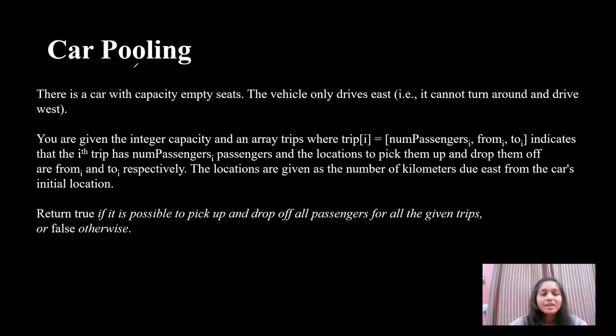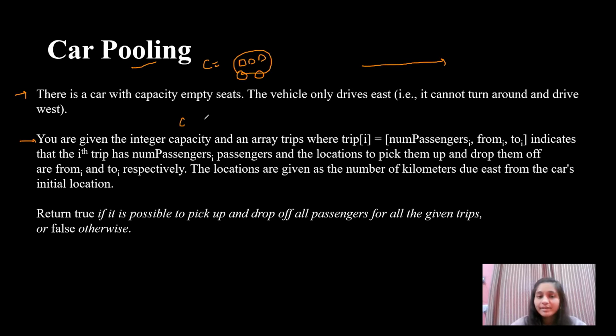So coming on to this question, the question is Carpooling, and let's understand the question first. The question says there is a car with capacity empty seats. So suppose this is my car and it has some empty seats, and that is what my capacity will be. The vehicle only drives east to west, that is, it will only go in one direction. Now you are given an integer capacity,